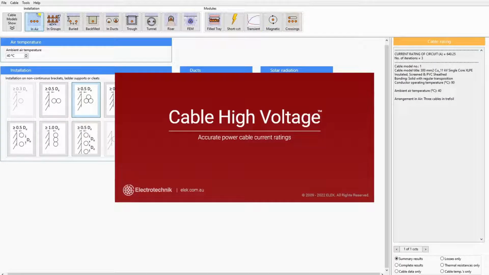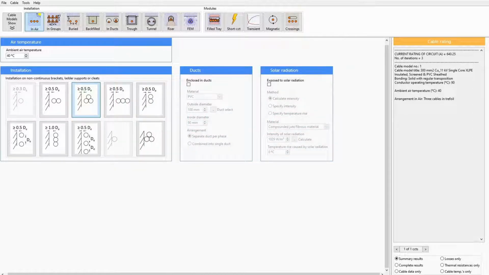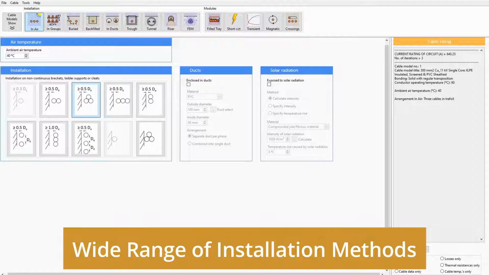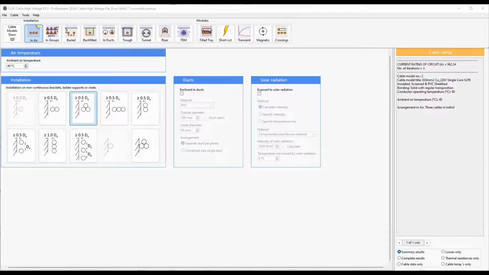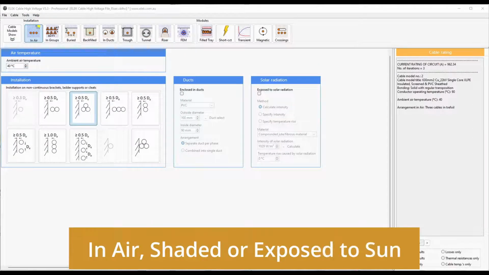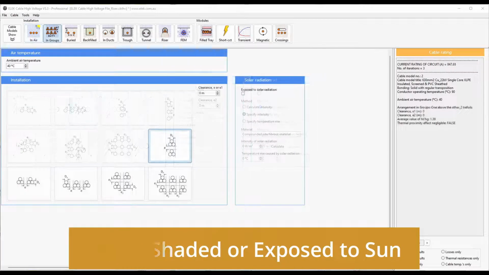Introducing ELEK Cable High Voltage software for custom cable rating calculations up to any AC voltage and for DC cables in full compliance with IEC standards. A very wide range of installation conditions are covered, including in air, shaded or exposed to sun, in groups,